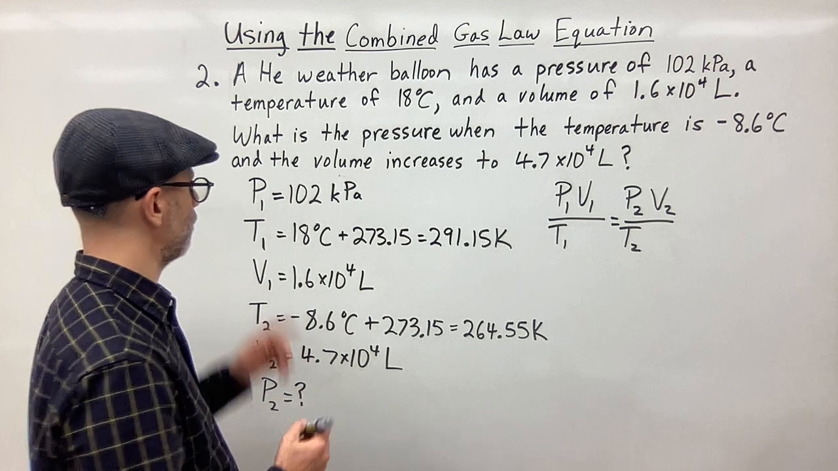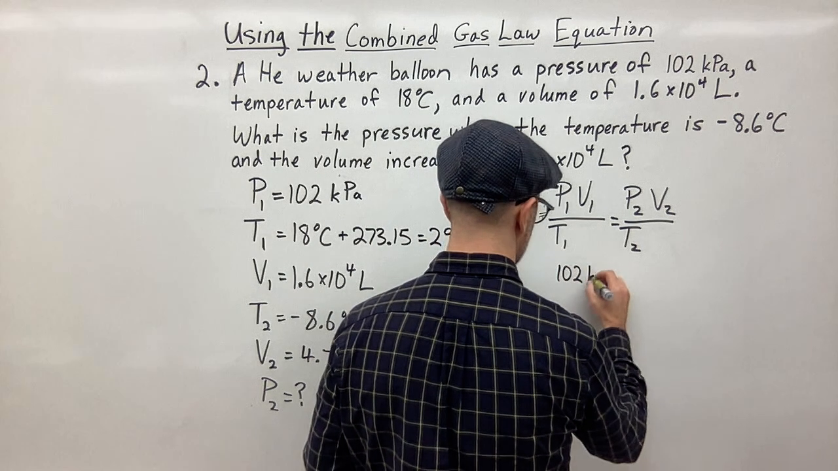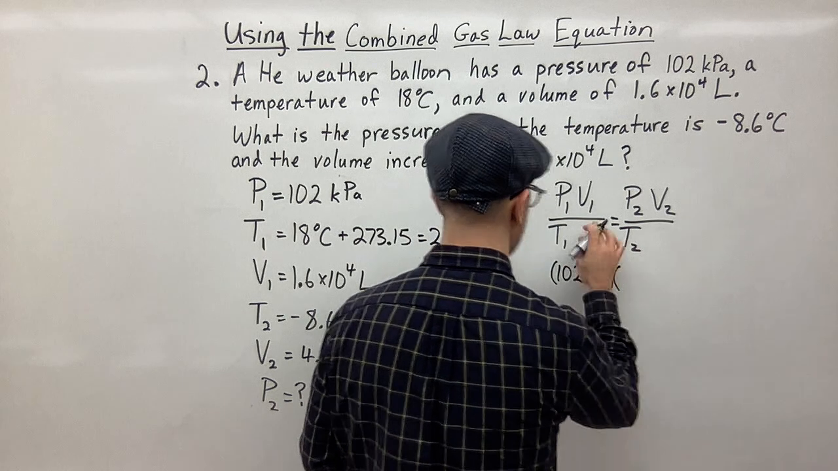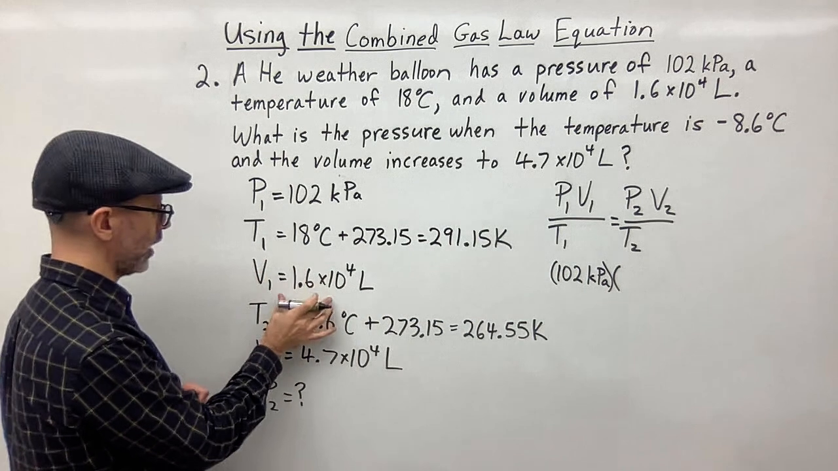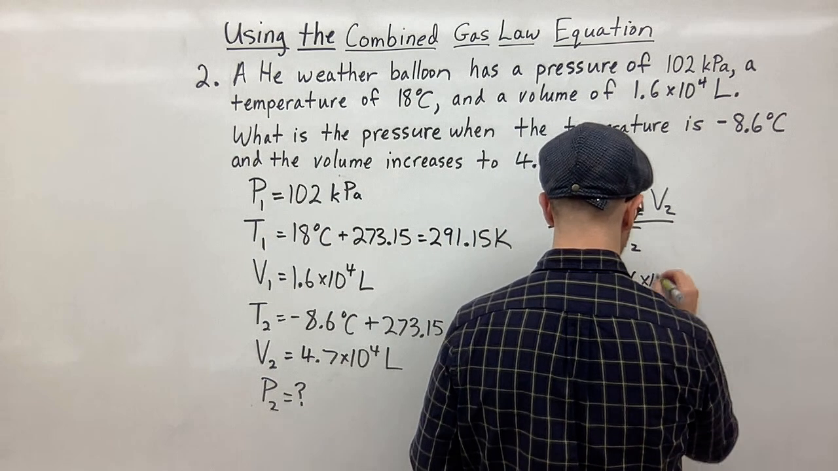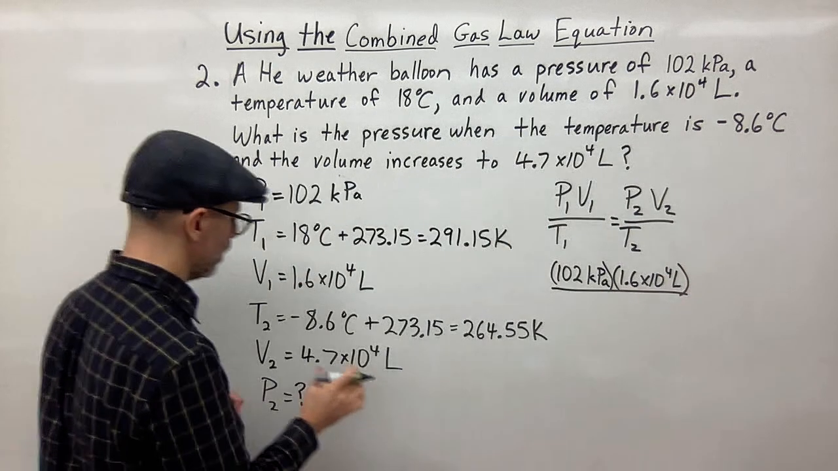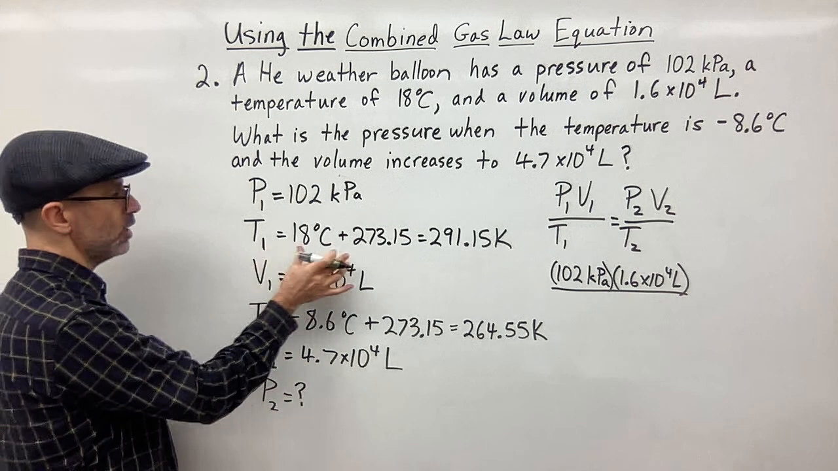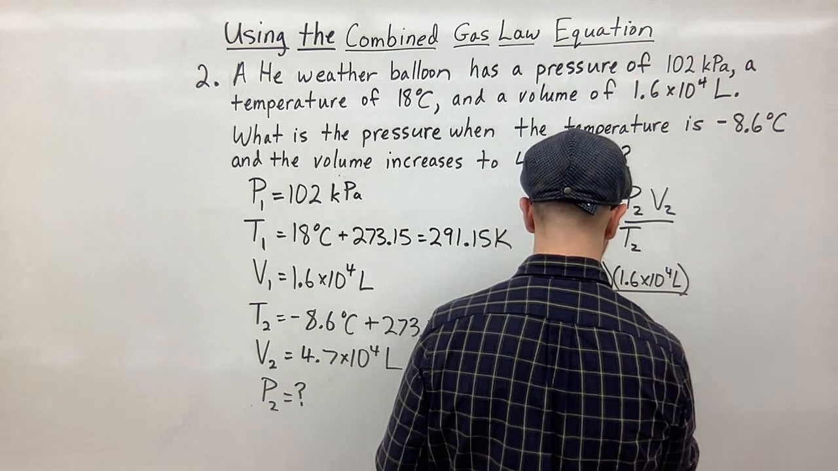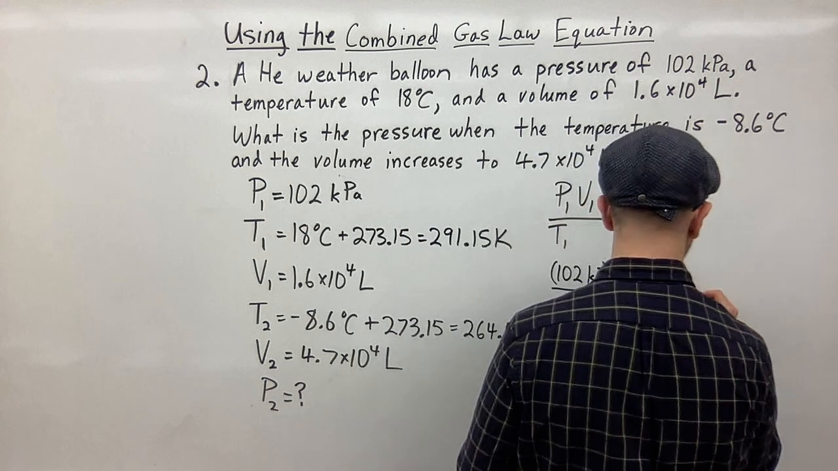So let's go ahead and do that. We have P1, 102 kilopascals. So we got 102 kilopascals multiplied by V1. Where's our V1? Right here, 1.6 times 10 to the 4 liters. That's going to be over T1. Our T1, where's our T1? Right here. So that's going to be 291.15 Kelvin. That's going to be equal to